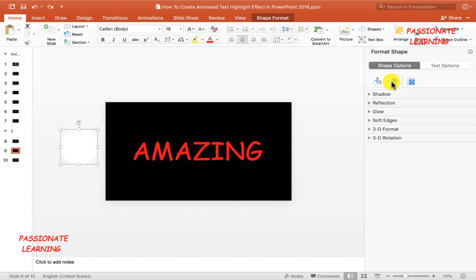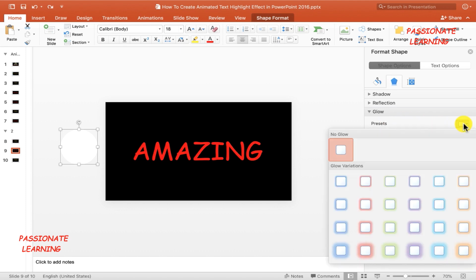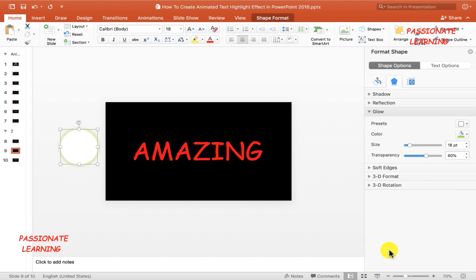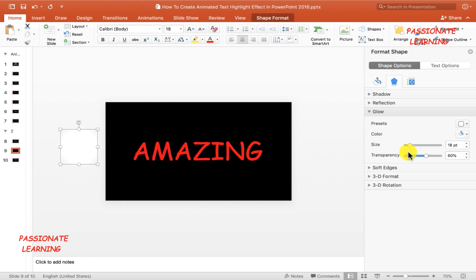And now I need to add a glow to this oval. So I need to come over here to this preset options. Let me click here and select this particular glow, and you can see here the glow color is green. Now I need to change this color to white, so I select white here, and then as far as the size of this glow is concerned, let me increase the size to, let us say, 150 points. And as far as the transparency is concerned, let me reduce the transparency to 0% for the purpose of this example.